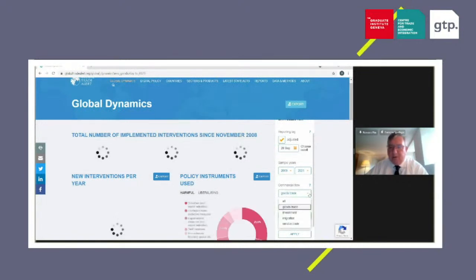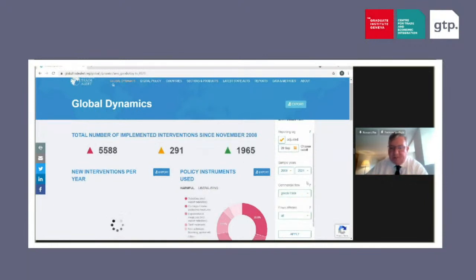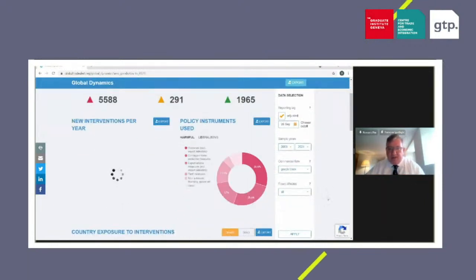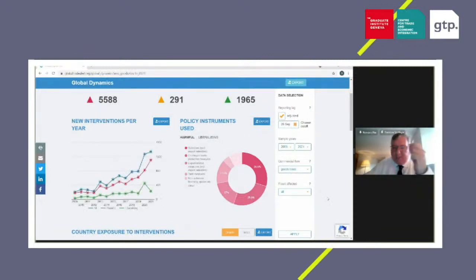Likewise, you could click on investment if you're interested in investment policy measures, migration policy measures, and service sector measures. You'll see that the results will come up once all the goods trade measures have been extracted, and again, the finding that we saw earlier applies. You can also decide to focus on public policy interventions that affect imports or exports, and on the export side, you can look at export incentives or export restrictions.